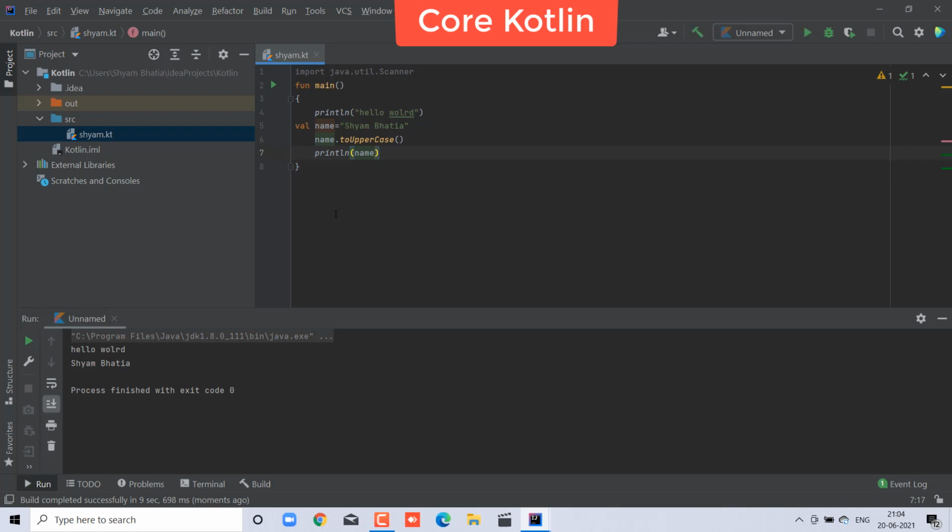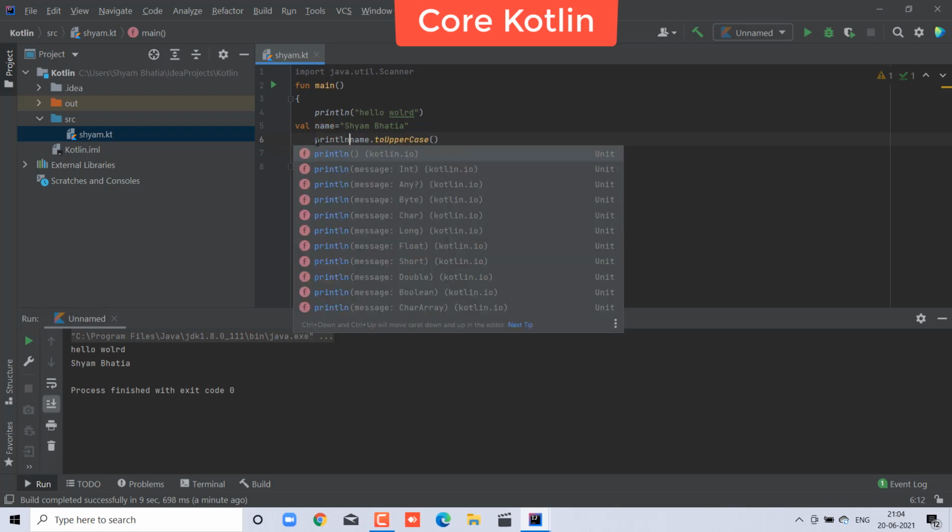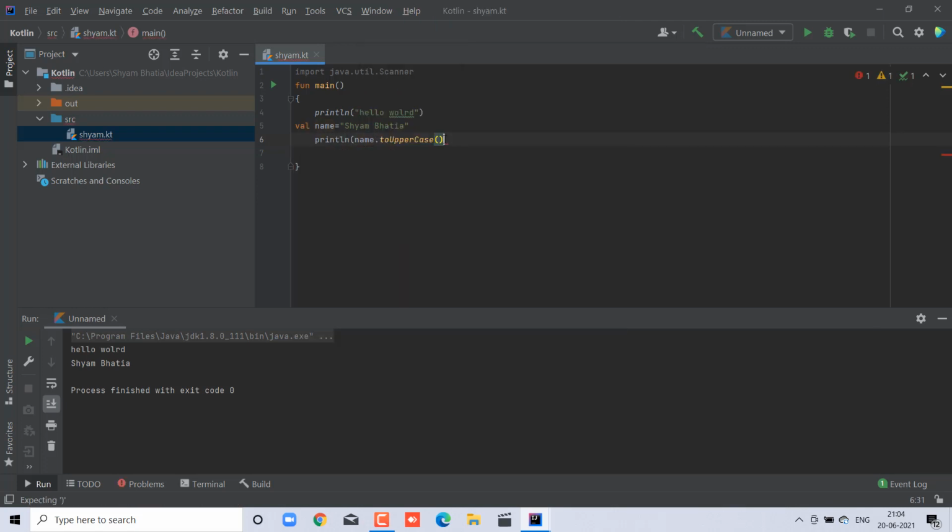And if you make it, there is no problem, you can leave it, just println, put the parenthesis, and again that parenthesis, Control S and take the output, then in that case the output will come just in uppercase.